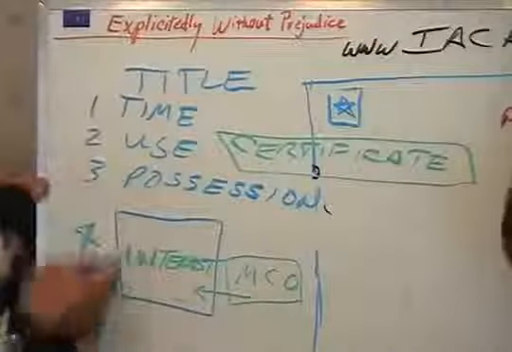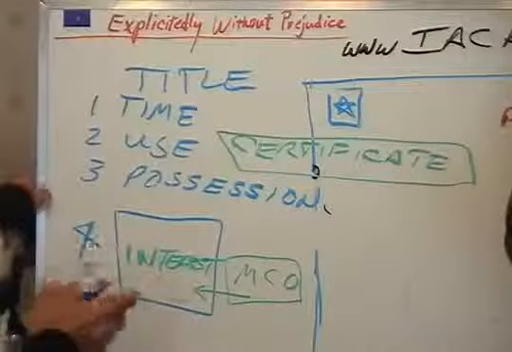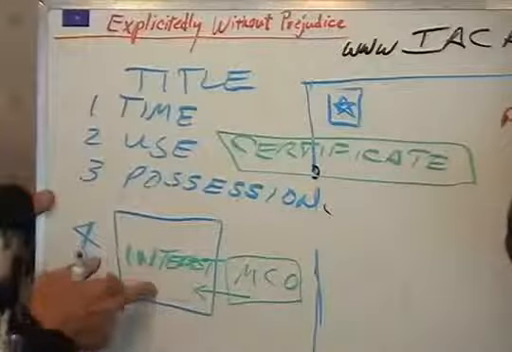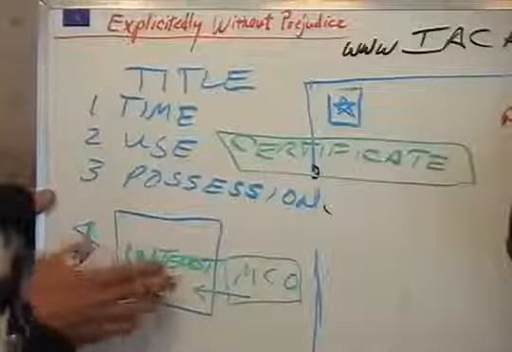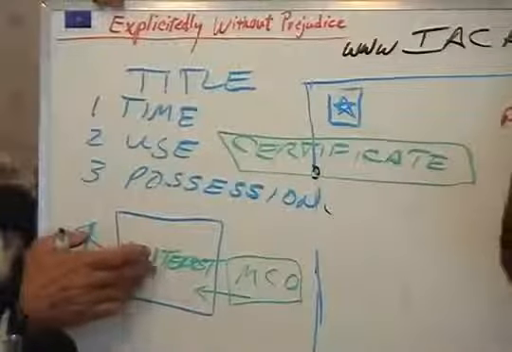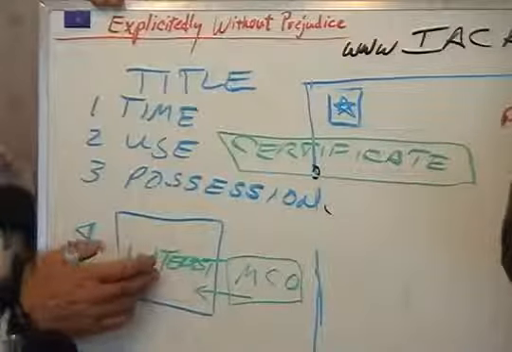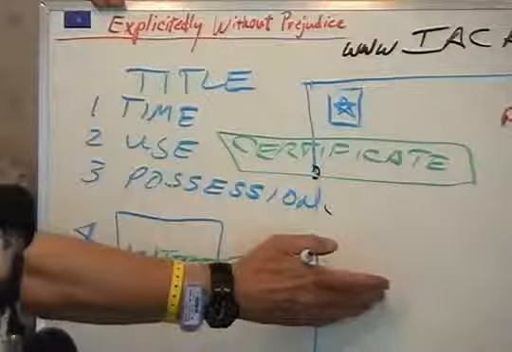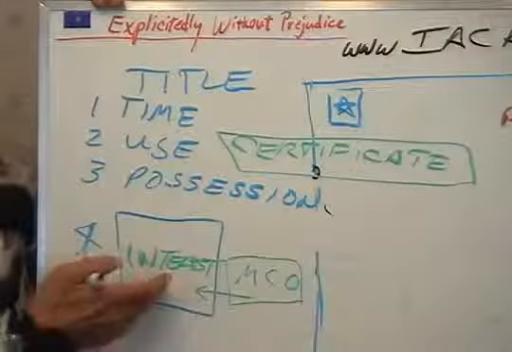So title has to do with these 4 issues here. These are yours. That's the big one. When you set up that security interest, this is what you're dealing with. You've given all of your interest, the interest of your debtor, over to your real person. The interest of the debtor.